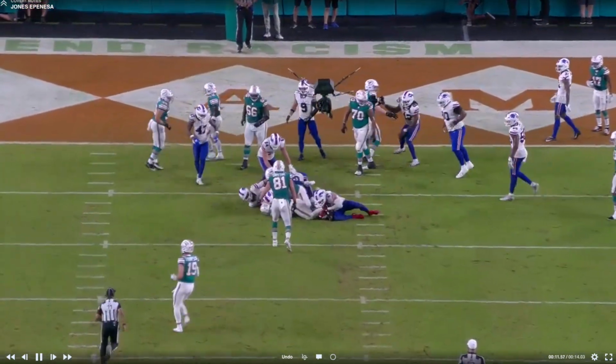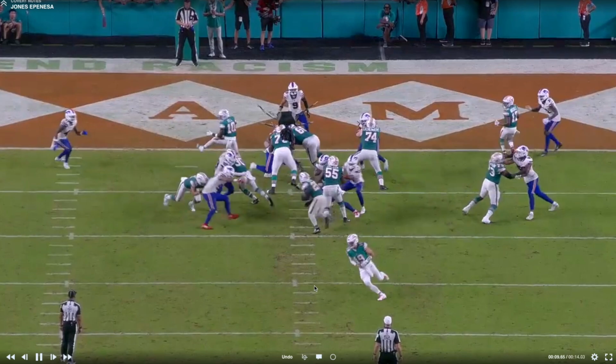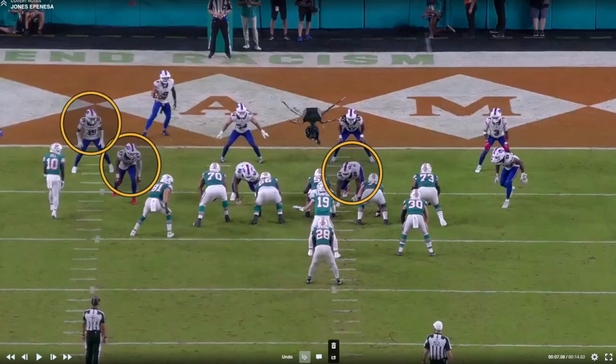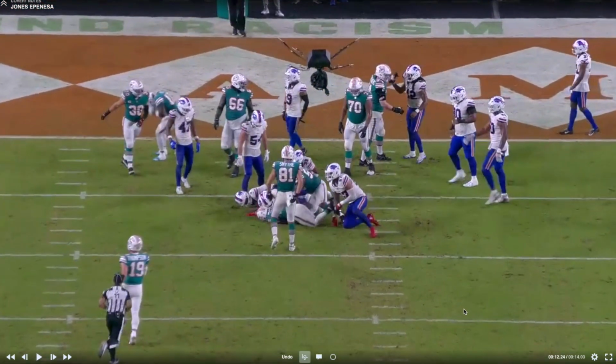But look at Epinesa. Look at the violent hands that he plays with against the tight end here. Stacks him initially, and then watch him chop down that hand, take away all that power and leverage, and then sweep the legs to make the tackle. Great team defense by the Bills. They showed this all day. Everybody was rallying to the ball on these plays, especially in the low red zone, with the Bills up big